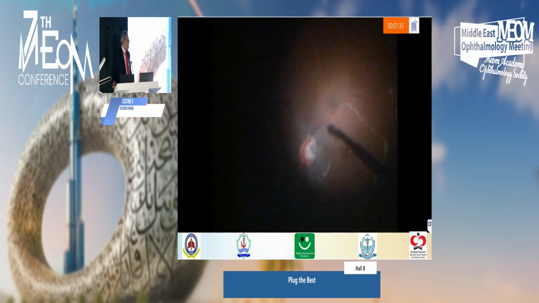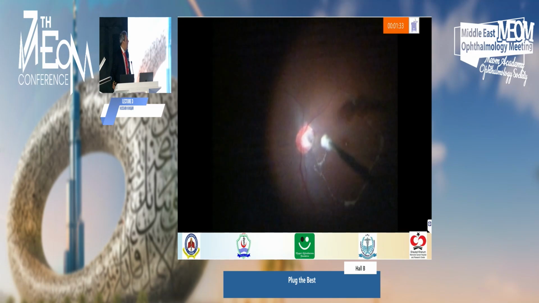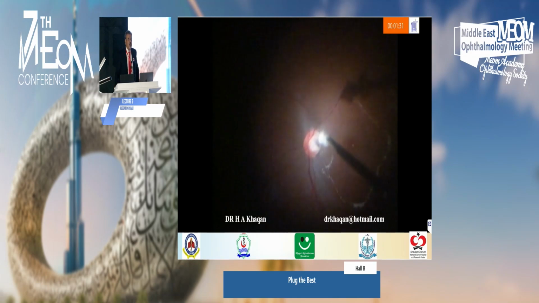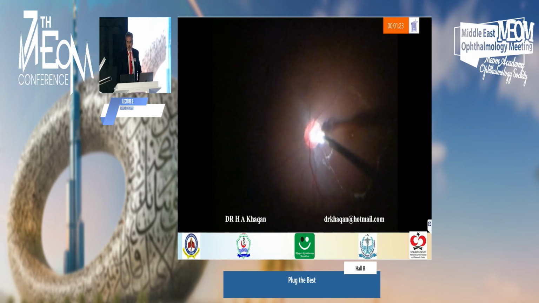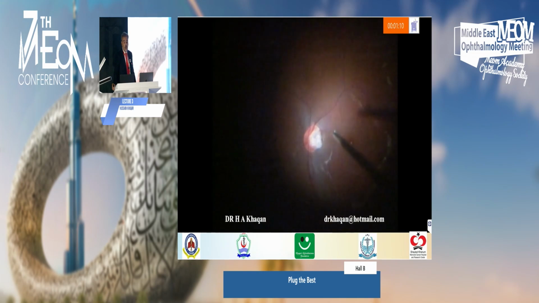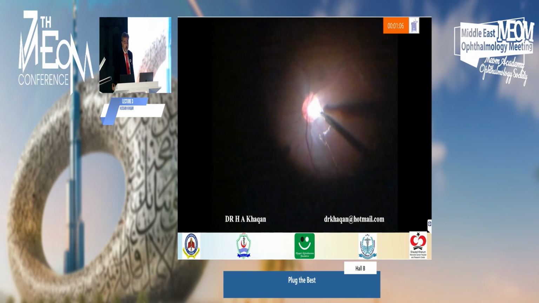So here you can see the plug is with the end-grasping forceps and I am aiming at the optic disc pit. You should be focused, you should manage to get it inside the pit. There are different sizes of pits and different sizes of plugs. So you have to do the OCT to measure the pit size and then adequately choose the punctum plug size. Here you see I put this plug in the optic disc pit